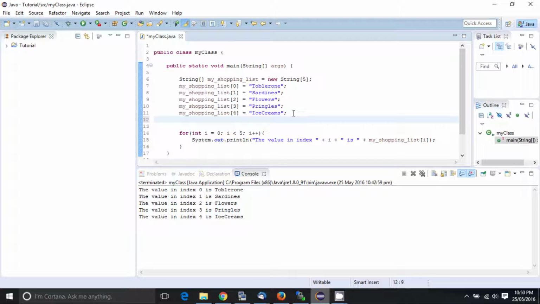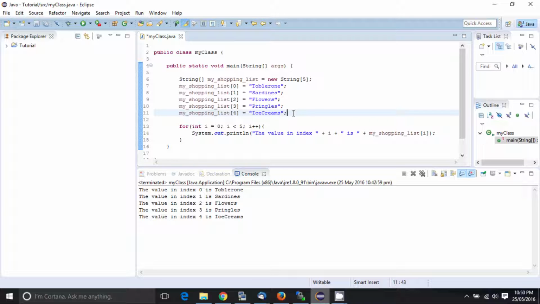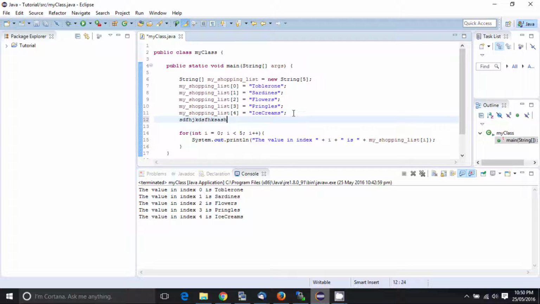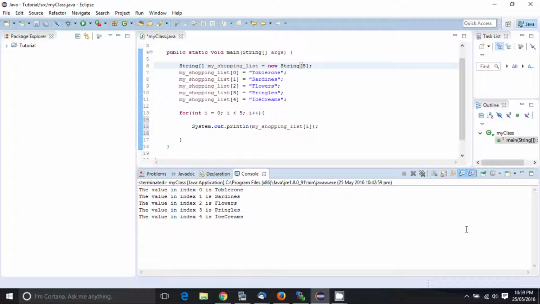thing in the array. Now that might seem tedious, and it is, but imagine if we had an array of size 1000 and we wanted to print everything in the array. We would have to type out 1,000 lines of just print statements, and that would totally suck and be a huge waste of time. So, the way that we can avoid having to type out a jillion different print statements when we want to print out a few different things from an array is we can use a for loop